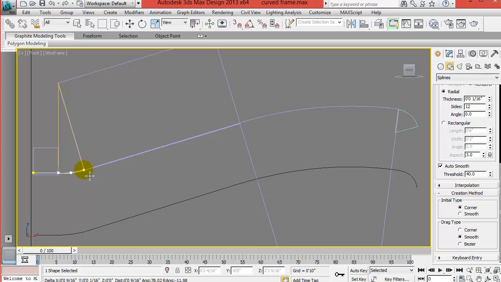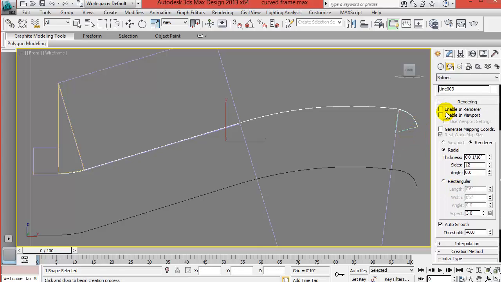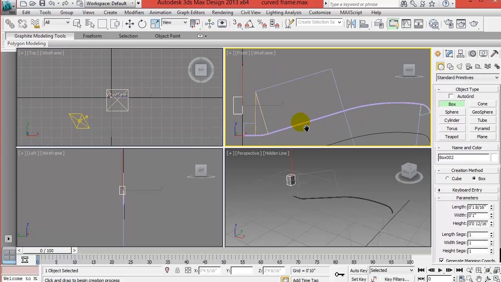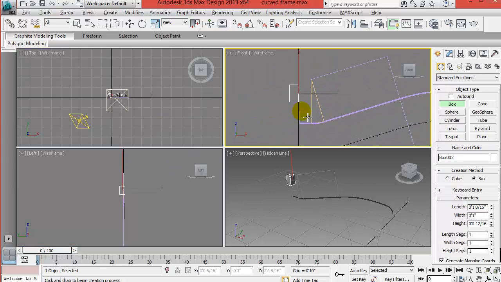Make the line again, go halfway on this arc, click, drag to the end, same way here, click in the middle and drag to the end, and you're done. So let's click these two, enable and render, so we can see it better. So this is the path we want to use to extrude